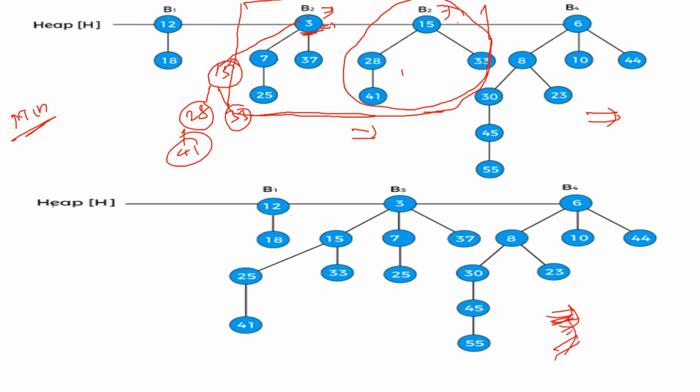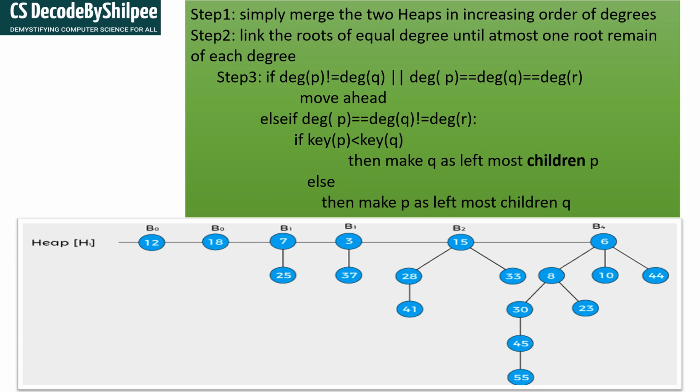Now I am going to explain the algorithm method. This is the general way I have explained how you perform union. Now I am going to explain with the algorithm, for better understanding, how to perform the linking. I think you have already understood this, because after the merging of the two given heaps we got this binomial heap. Now we'll see each and every step.